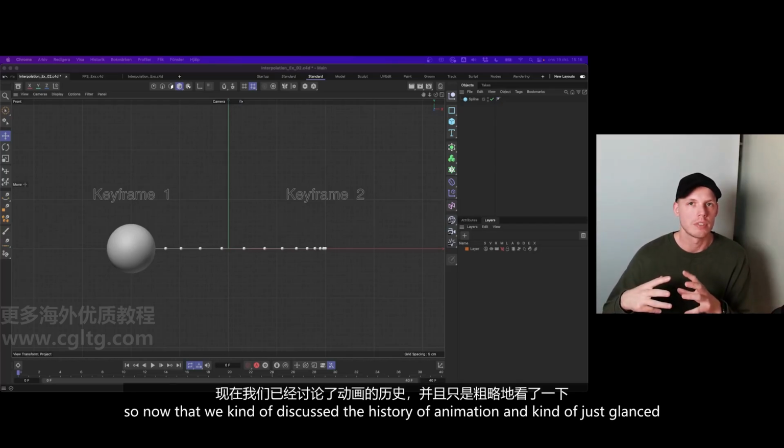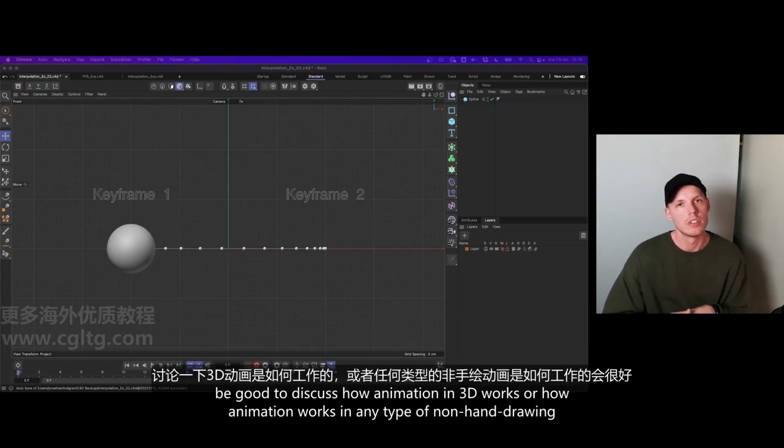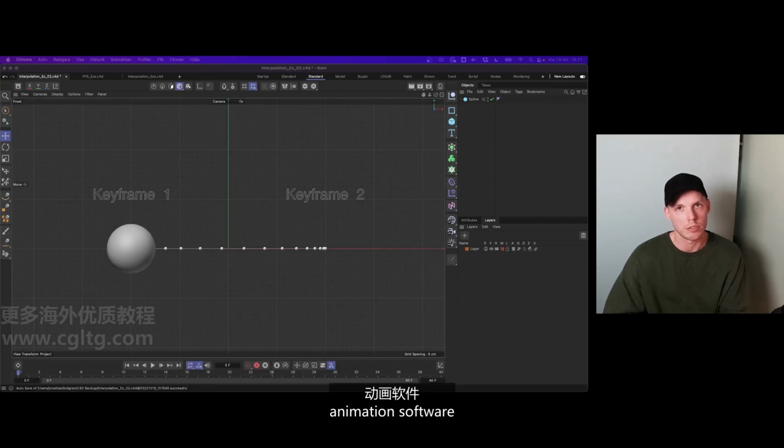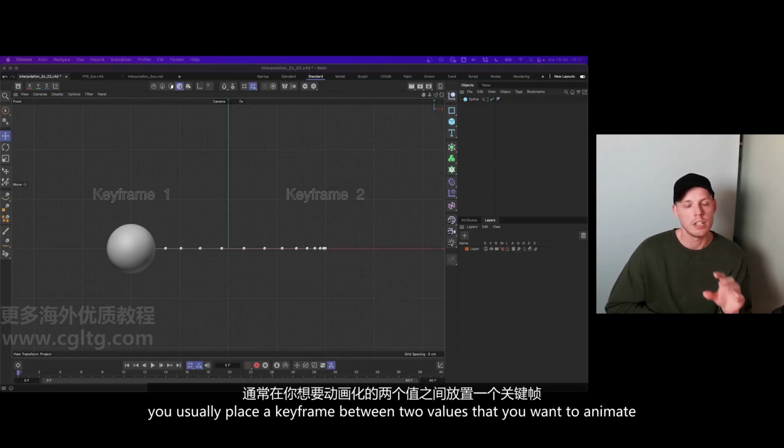All right, so now that we've discussed the history of animation and glanced over how it's developed from the early days to where we are right now, I thought it would be good to discuss how animation in 3D works, or how animation works in any type of non-hand-drawn animation software. So when you're using software like After Effects or Cinema 4D, you usually place a keyframe between